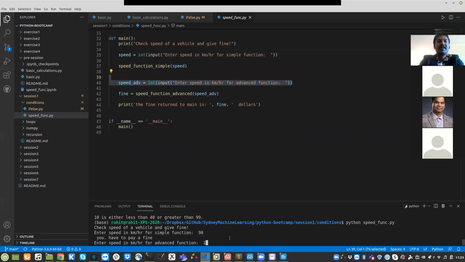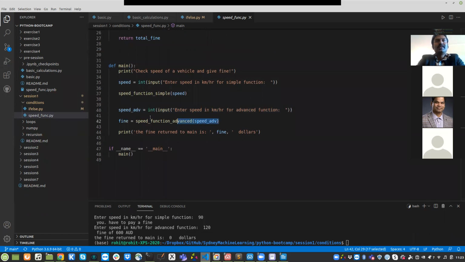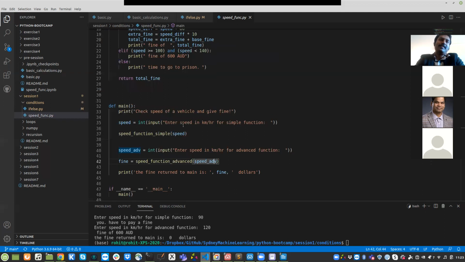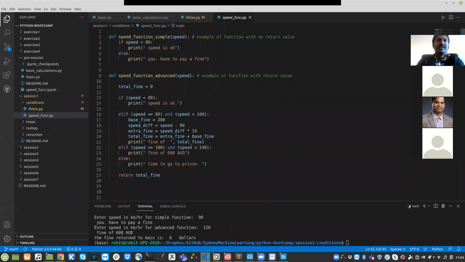Let's say the speed is 120, and it says the fine is 600 AUD. So there's a slightly advanced function. It takes the speed, right? This speed, advanced speed, I just call it a variable name. It is advanced speed, but it just generally means speed. And basically what happens is it goes into this function, comes here, takes that value, and then it has something